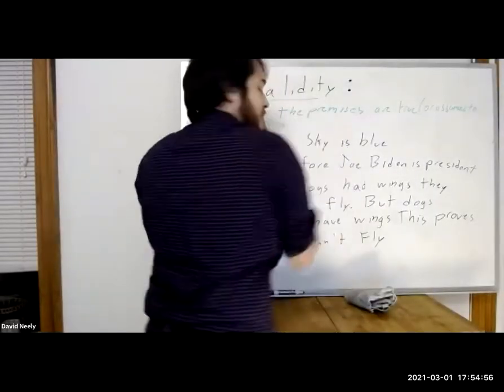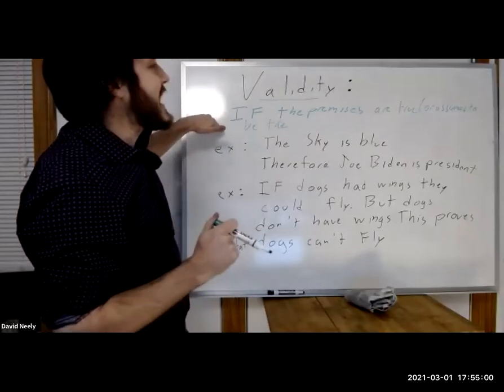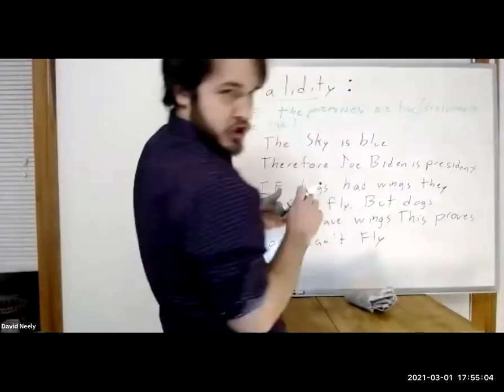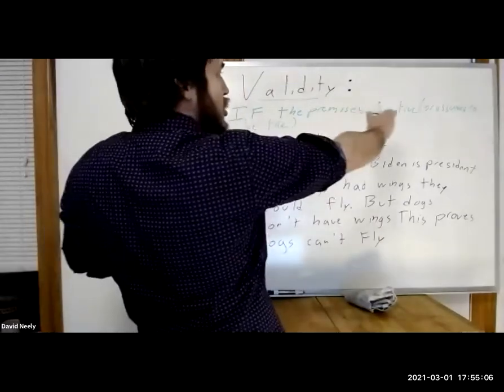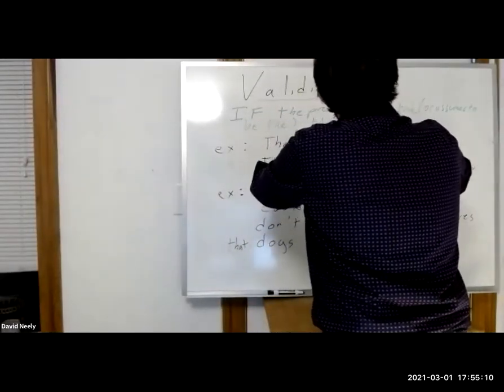So it's not that the premises actually have to be true in the actual real world. It's rather, if you assumed they were true, could the conclusion be false? If the premises are true or assumed to be true, the conclusion